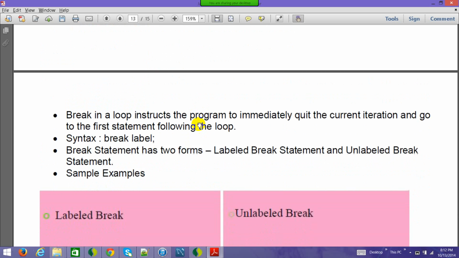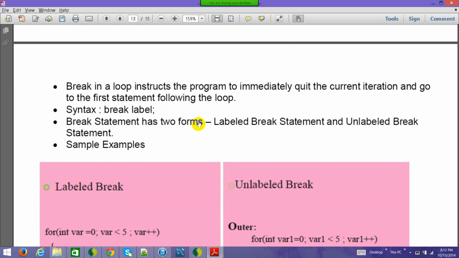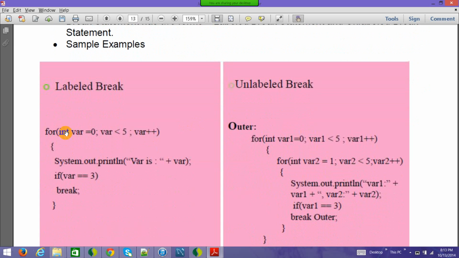So what is break? Break is nothing but you're executing a piece of code, and once that is done, you no longer want to execute it further. So break statement is always used with iteration statements. If you see here, I've written a for loop which anyway will get executed 5 times, and after 3 times my work is done. I do not need to do anything more. I can leave it for the program to execute 2 more times, but that is not required, and at the same time it can affect my logic as well.